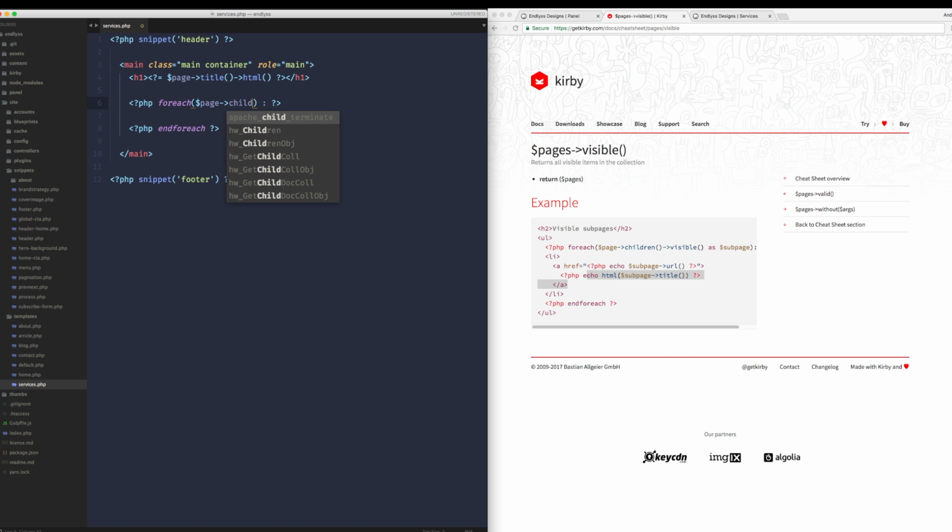So we'll do page children visible, and then as we'll call it service in this case, just so it's clear. Okay, so to do that, then we can just echo that service